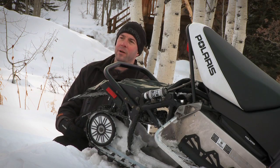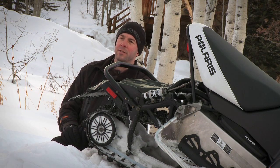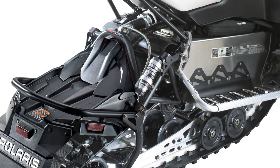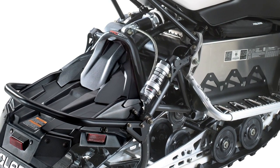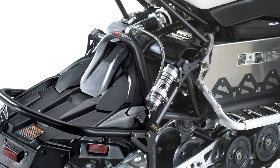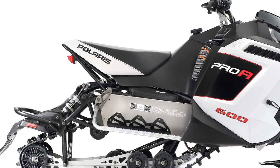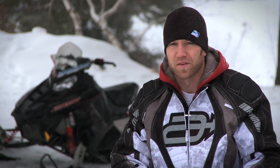Also, we've added a rear cooler. Because of the high output of our 800 engine and its high level of horsepower, we needed a higher heat rejection rate through our cooling system. We've implemented a rear cooler design that's very effective not only for the 800, we've added it to the 600 as well. While the Rush lineup is super exciting for 2011, there's big news on the mountain side of things